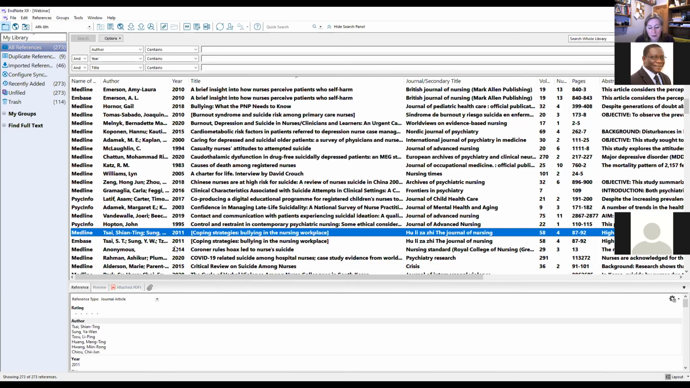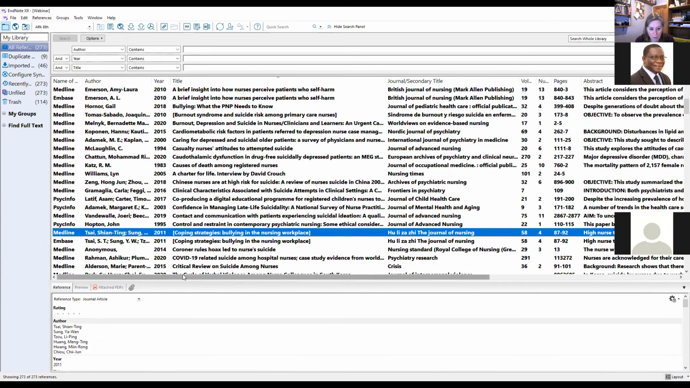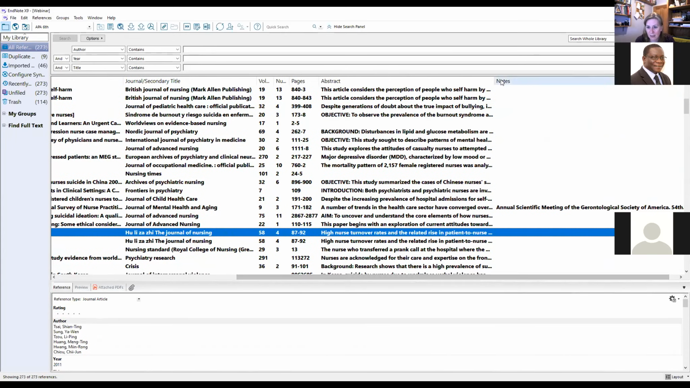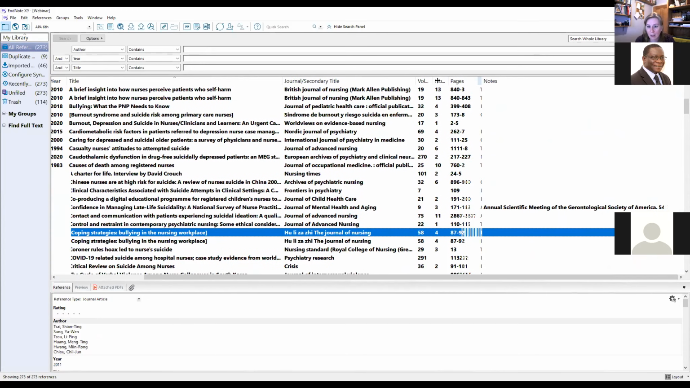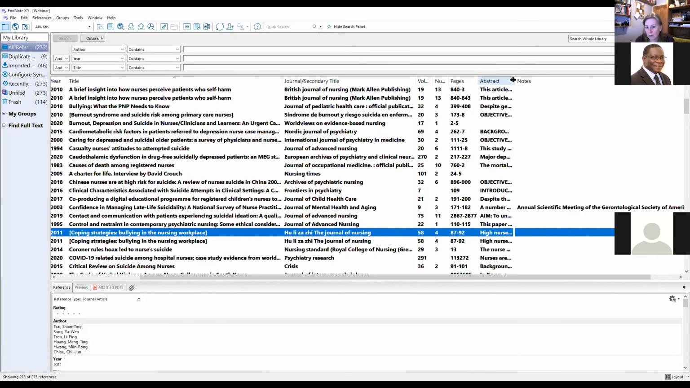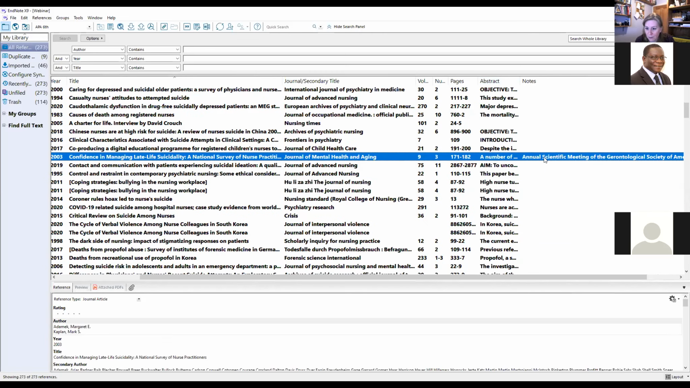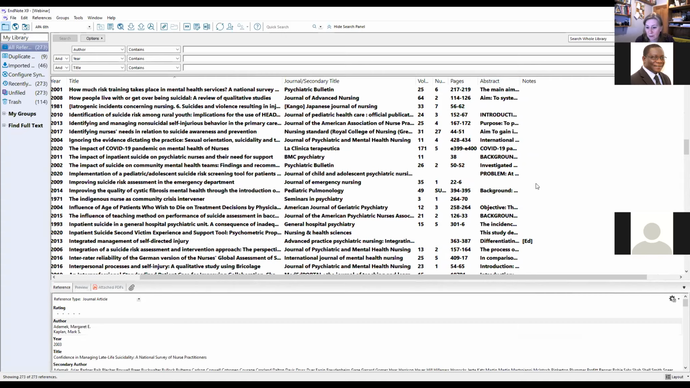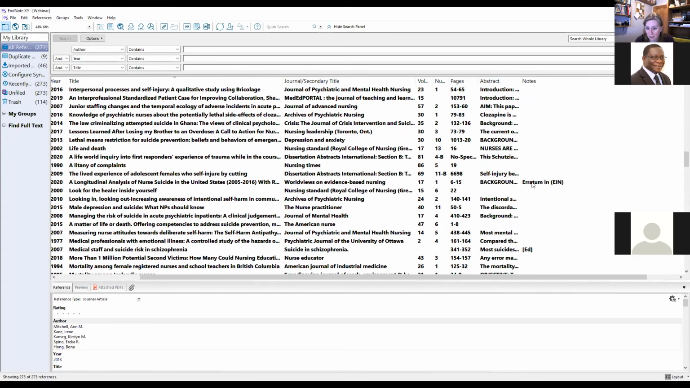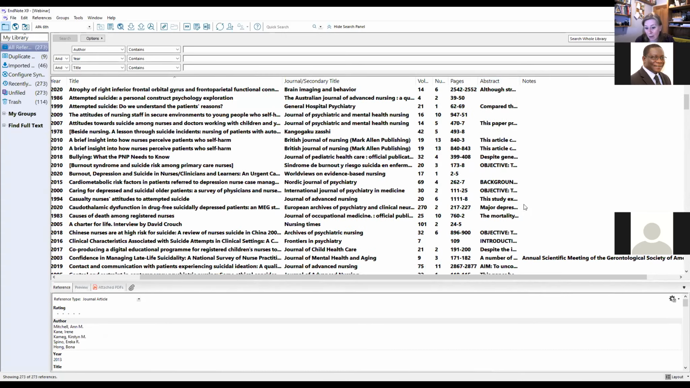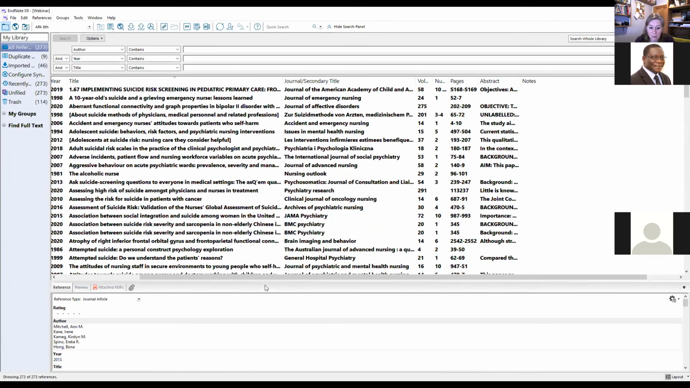The final thing we need to do before we take our records into Rayon is change the notes field in Endnote. So if I scroll across, yes, I have got the notes field showing here. If I just move that, you can see it. So for a few records, there is a bit of information in the notes field. Not much, but there are some things in there. Now this is a problem when we get into Rayon,